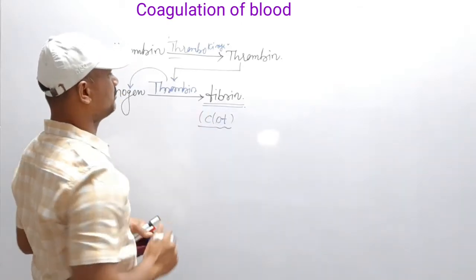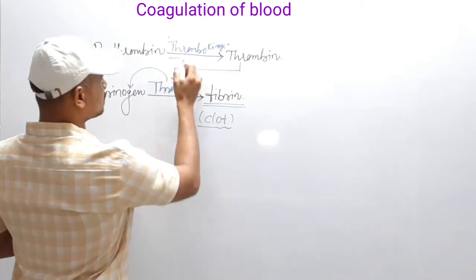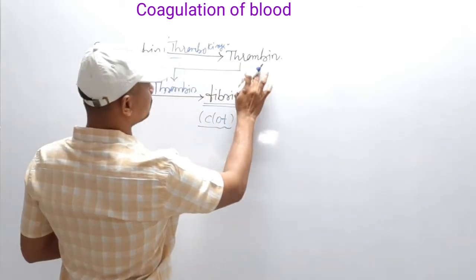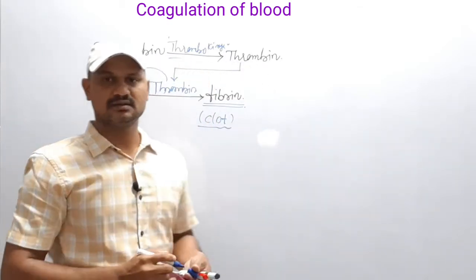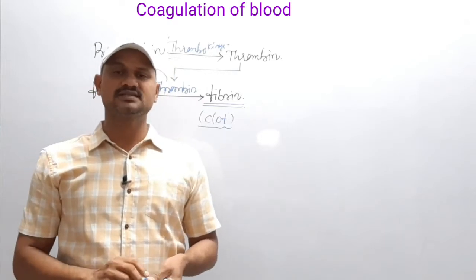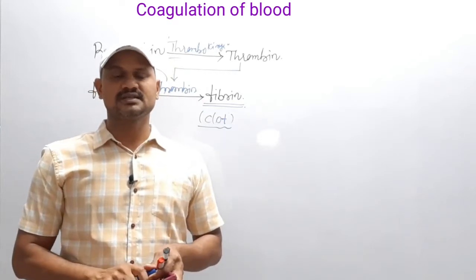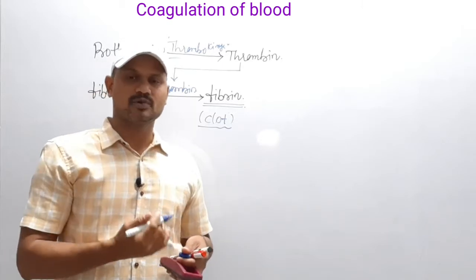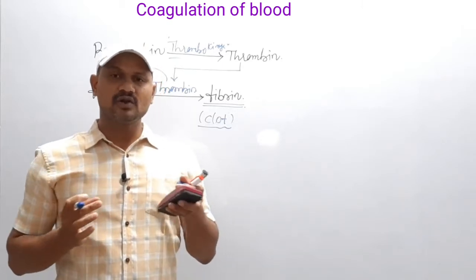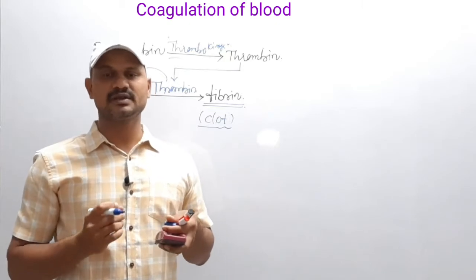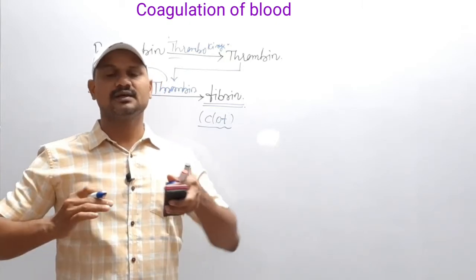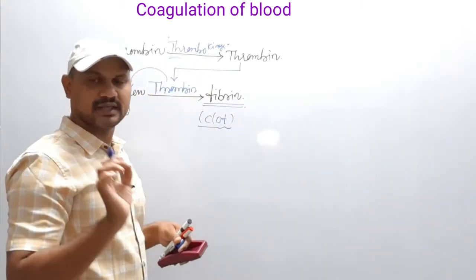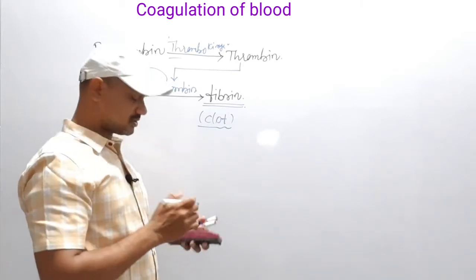So here is one more point. For this reaction, inactivated prothrombin is converted into thrombin in the presence of the thrombokinase enzyme complex. So this enzyme complex is formed by which process? That is the cascade process. The cascade process is an enzyme-linked process. So many blood clotting factors present in the plasma are involved. By that cascade process, the enzyme complex thrombokinase is formed. So let us see that cascade process.